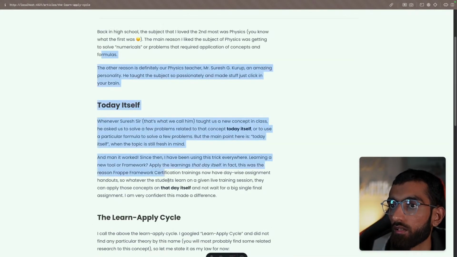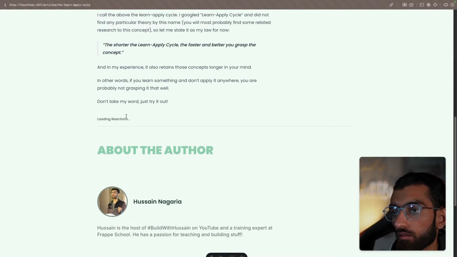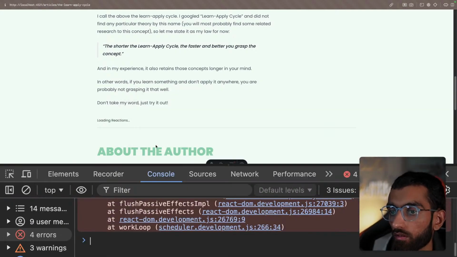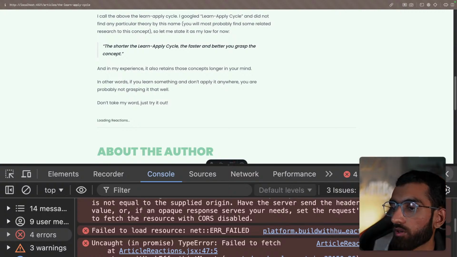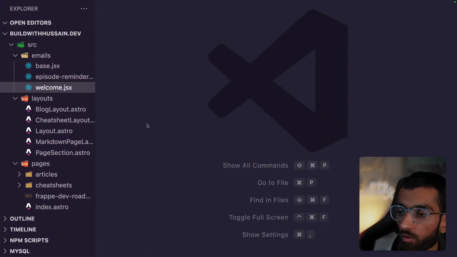See, works. Reactions probably won't load. Yeah, fail to fetch because of a CORS issue. That's fine. So for now, what we can do is